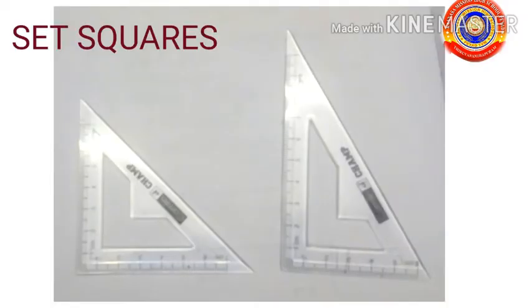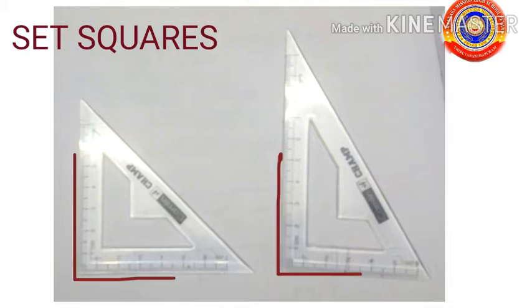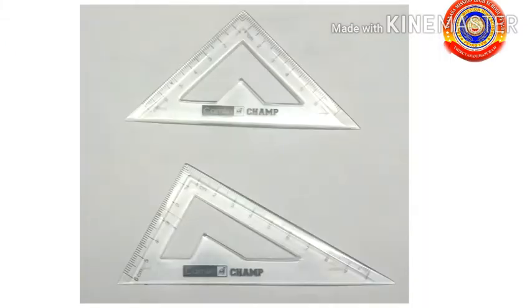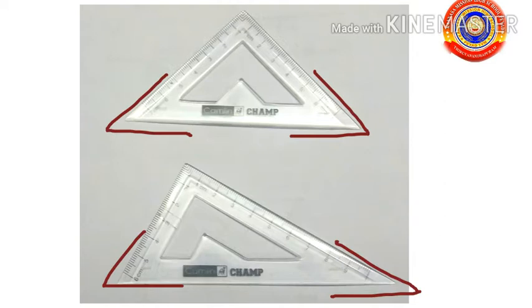We have already come across the set squares in our geometry box. It has three corners. These are the square corners. We have drawn the rectangle and square using this corner. It is used to draw a straight line or upright line. Together with this, it has two more corners. These corners are slanting. These are used to draw tilting rectangles.